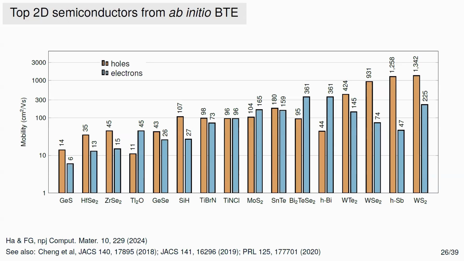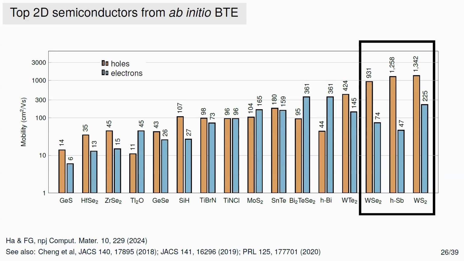And the other interesting bit that one can observe is that there are a few that are pretty outstanding. So you see 900, 1200, 1300. And then if you go down and look at them, tungsten diselenide, tungsten sulfide, antimony. If you've been working on 2D materials, you will know that tungsten disulfide and diselenide are pretty standard 2-dimensional semiconductors, okay? So it's a little bit of a surprise that going through a database that starts from 180,000 compounds, you do all this work and then you end up with things that are already known. And in particular, what we found is that these materials have extremely high mobilities for holes that are not observed in general. If you look at the experiments, these things are nowhere to be seen, right?